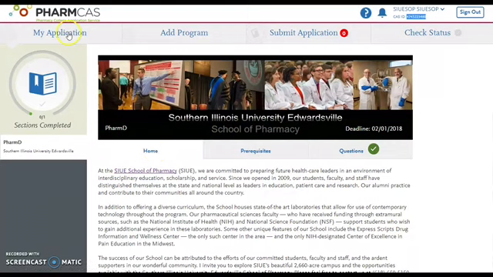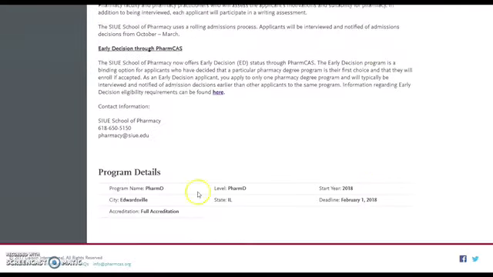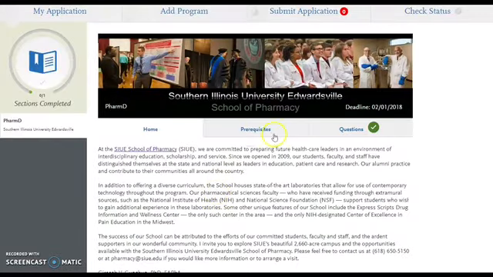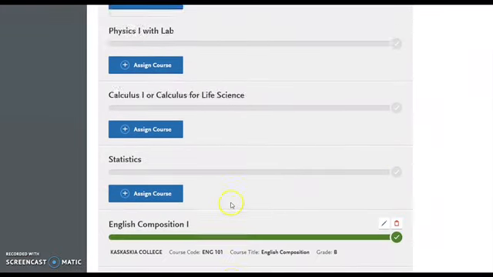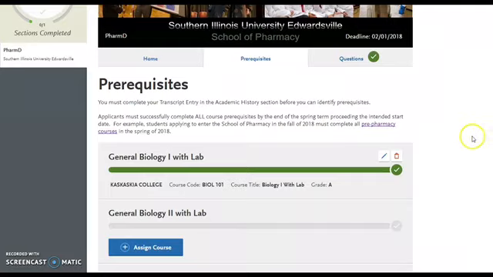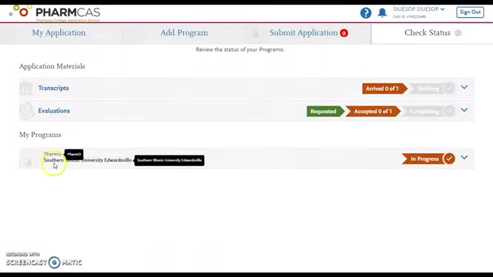And then we'll go back to the home page, and you should have all of the program materials complete after you complete that information and answer the questions appropriately, complete the prerequisite matching. That's going to be completing your application. After you are done with your application, again, you're going to be able to check the status of it, what you still need to complete. In this case, I'm still working on the supplemental information for SIUE School of Pharmacy. After everything is complete, you will get the green light and show that everything is complete,